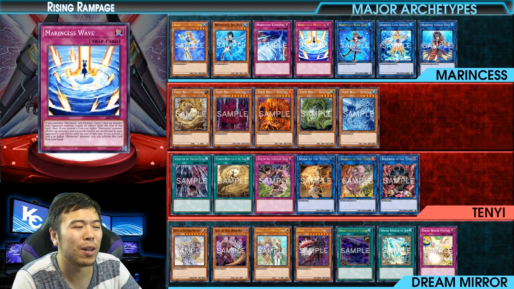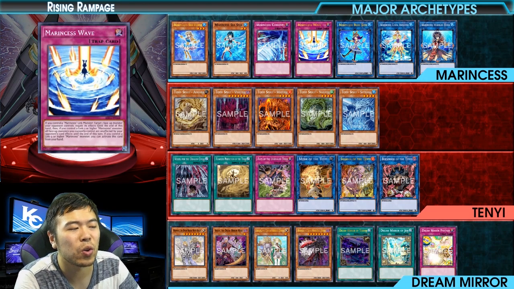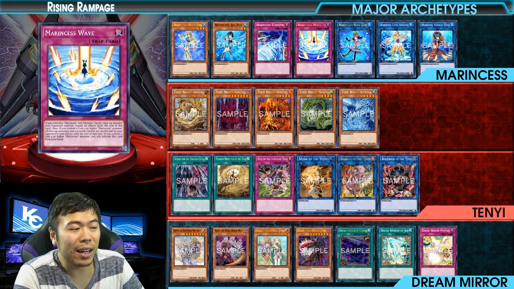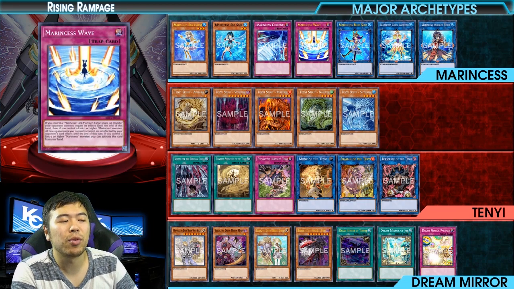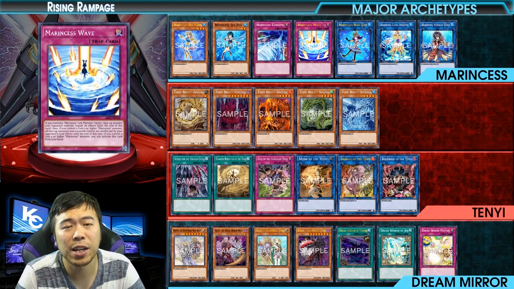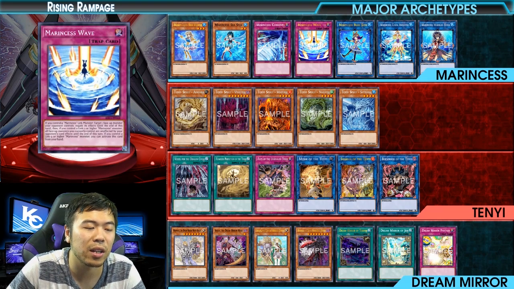All your currently face-up monsters are unaffected by your opponent's card effects as long as you controlled a link 2 or higher Marincess monster when you activated this. So yeah, tons of fun, I guess. And if you control a link 3 or higher Marincess, your opponent will have to catch this by surprise, because this will be in your hand and they can't really answer to it unless they choose to Mind